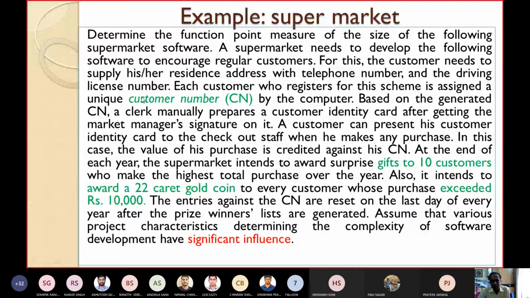But if you want to break up, suppose you write name 1 field, address another, then landline number, mobile number, etc. Accordingly you can break up. In my particular example, I have made 2 fields. One is address with the telephone number, another driving license. If you are confused, forget about address, only 2 things, telephone number and driving license number. Then it is clear.